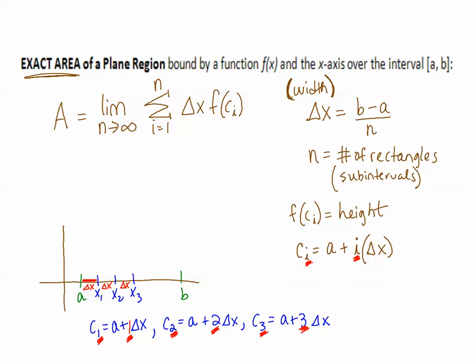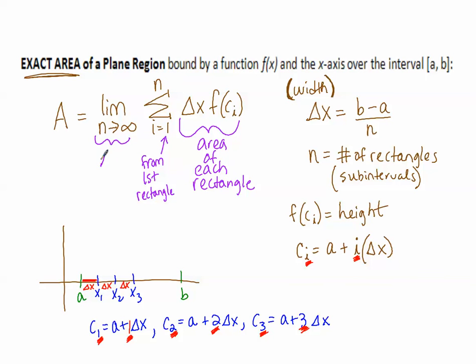So remember what this is. This is the area of each rectangle. This means we're going from the first rectangle to the nth rectangle, and we're breaking it up into an infinite amount of rectangles. And that's how we get our exact area. Go to the next video to see